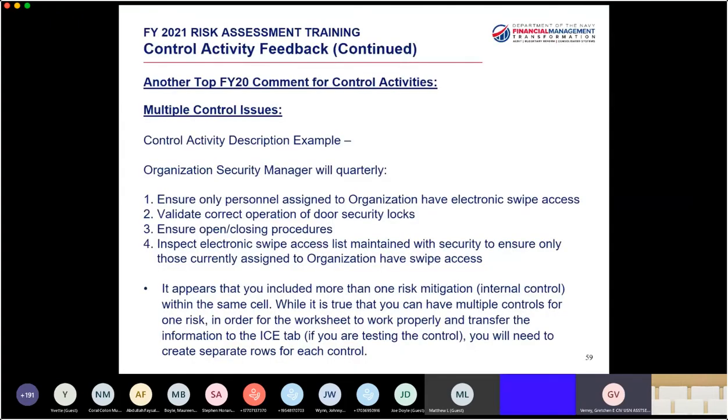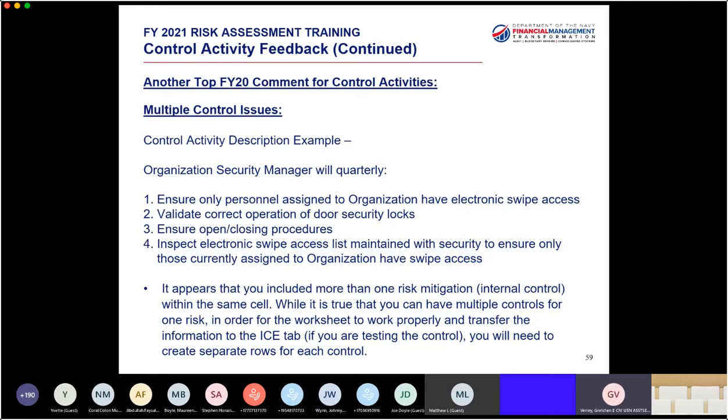Okay, so another comment that we have a lot is that an organization has identified several control activities in one row to address a particular risk, which is fine. However, the way the current spreadsheet works and the mechanics of the spreadsheet is that if you indicate that you're going to test a control, then it automatically populates into the ICE tab.